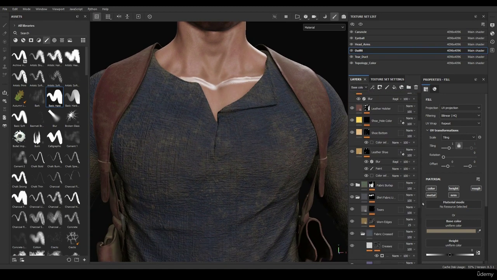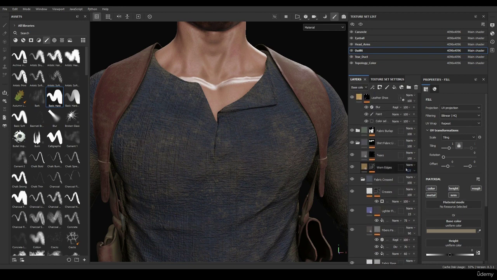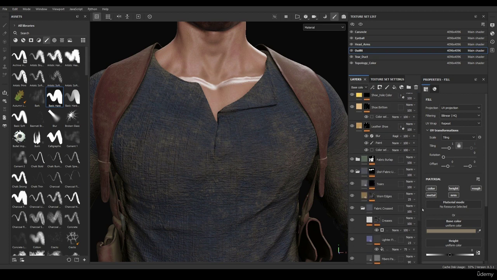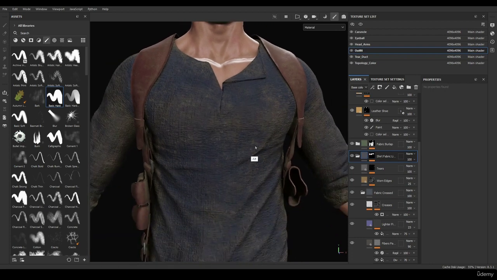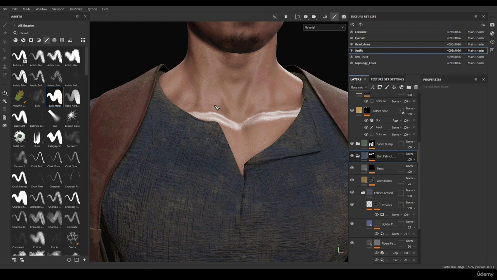Let's go to our smart material for our shirt, which is the shirt fabric linen right here. So open up that folder. That smart material is assigned to all parts of the shirt. Since we want to give the illusion of a few buttons here and there,